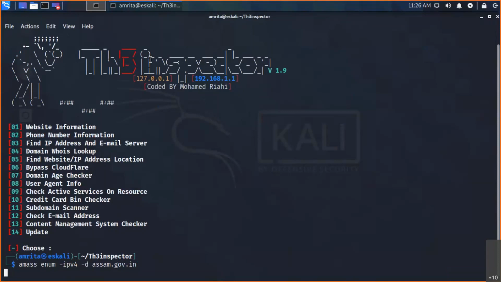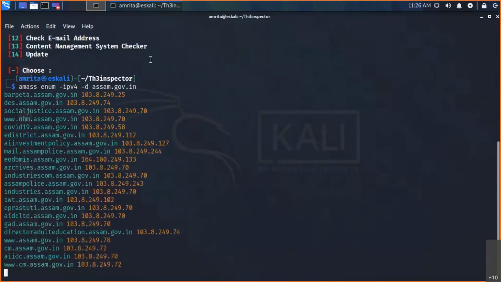Sir, services are running at the application level. As I have told in the TCP layer architecture, the application layer deals with HTTP, HTTPS, FTP, SMTP, everything. Now, for each and every service, if there is a vulnerability, we have to apply the required patches, and it's up to the network administrator to configure the services properly.